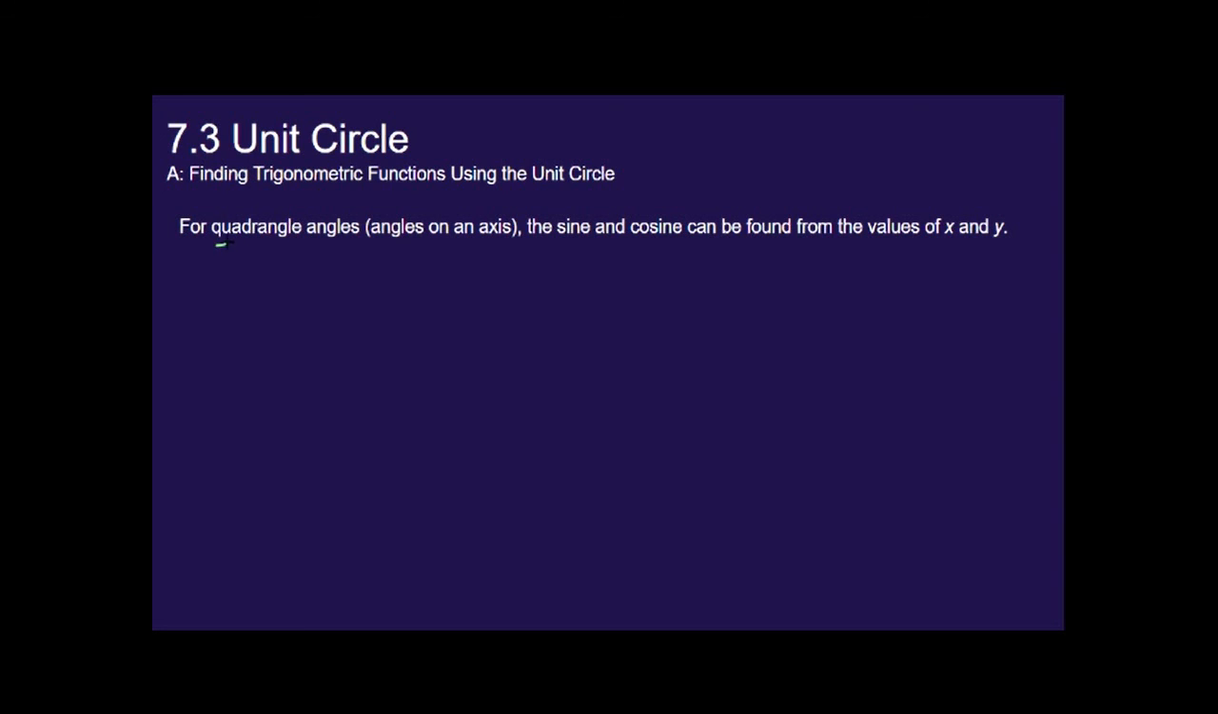Okay, quadrantal angles. Remember, quadrantal angles are angles on an axis. For quadrantal angles on an axis, the sine and cosine can be found from the values of x and y. So I'm going to go ahead and sketch our coordinate plane here. Okay, let me switch color here. And so let's look at the angle, let me make my line a little thicker here. So if we had an angle that was on the positive x-axis there,